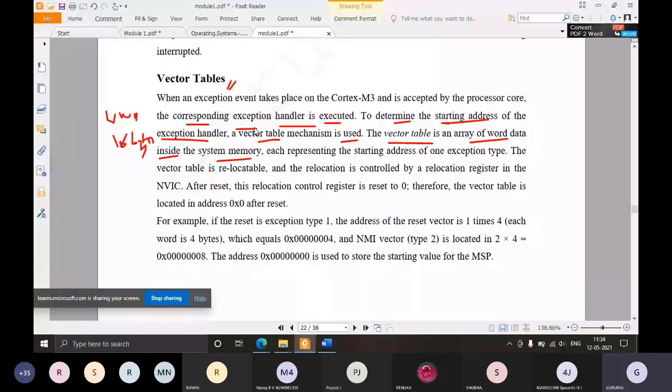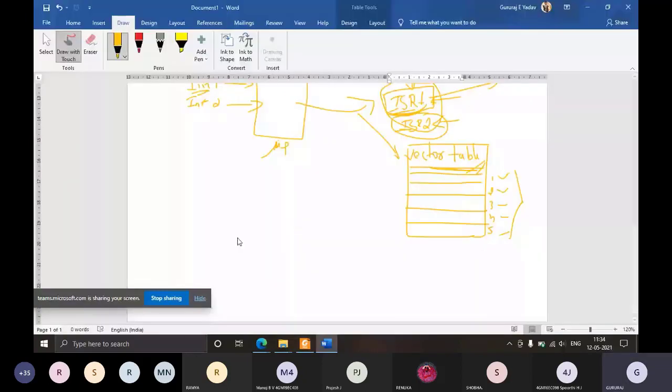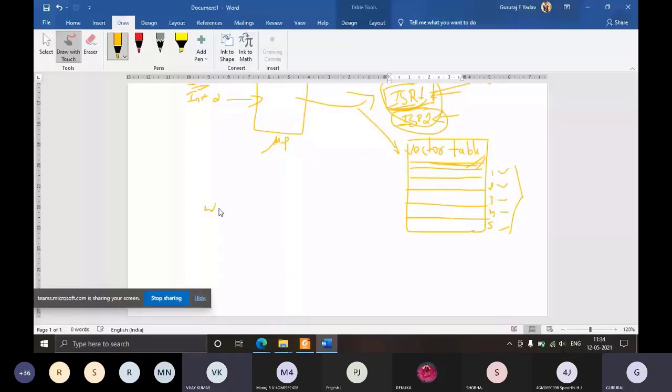A word means 16 bits, and a byte means 8 bits. And I told you this representation will change depending on the processor.